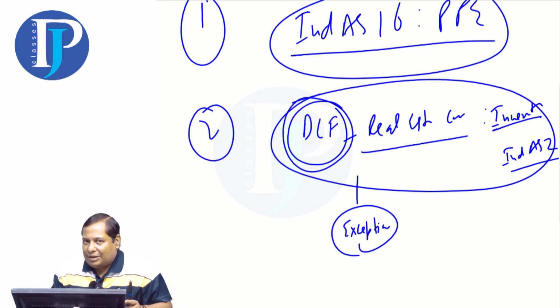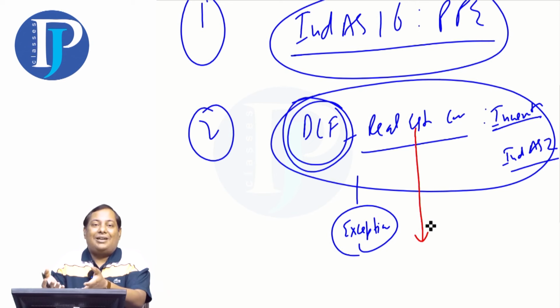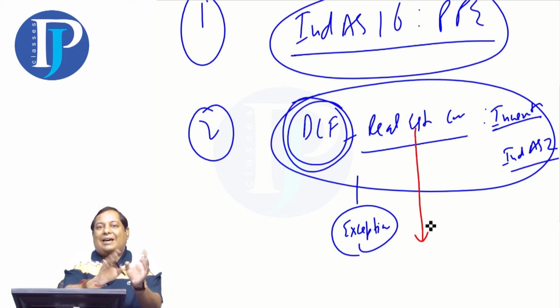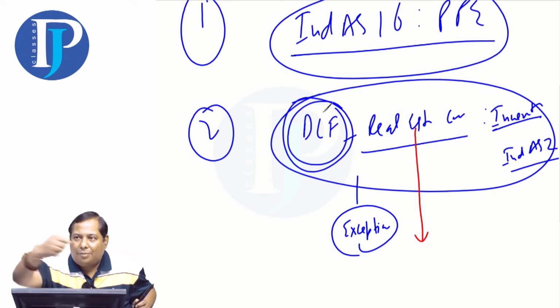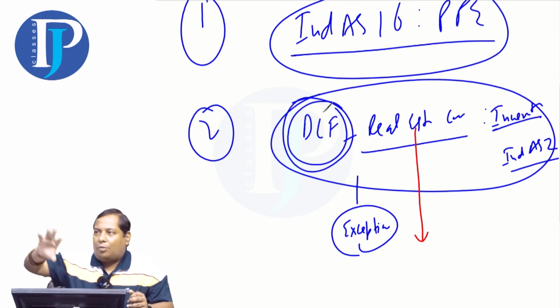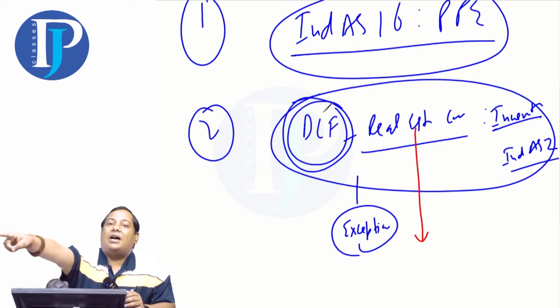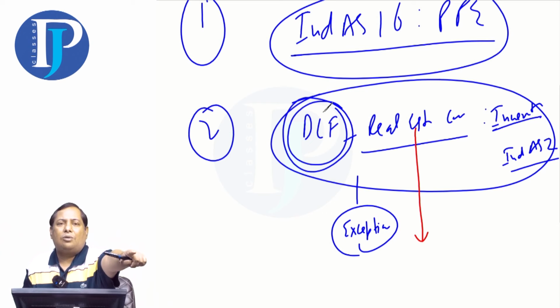So here, what does Ind AS 40 say? Say that a real estate company develops a property, and its intention is not to sell it but just to rent it out, then it will fall under Ind AS 40. If DLF has built a mall and sold it, then it is inventory under Ind AS 2. So I am building a mall. I asked about it, they said they will sell it, so that will fall under inventory. I asked about building a luxurious mall to DLF. They said that they will rent it to big brands.